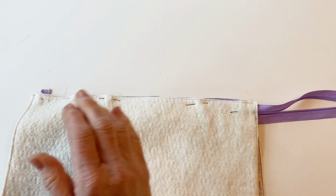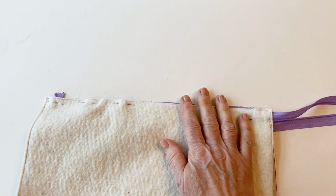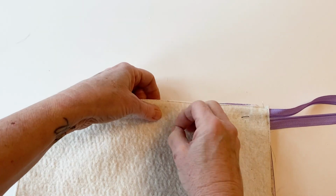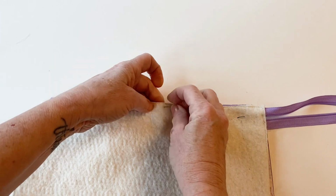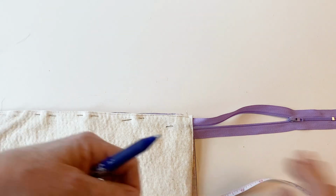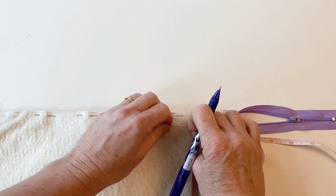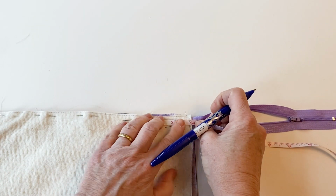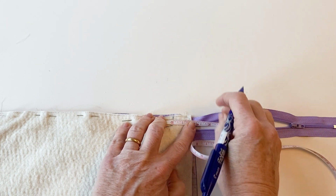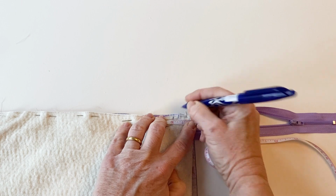Now stitch it together. Put another pin in. It's important to make sure it's nice and straight. Now, again, mark onto the wrong side of the bag front, the bag outer, 1 inch from the edge, and then 1/4 inch in from that. So one mark is 1 inch from the edge, one mark is 3/4 inch from the